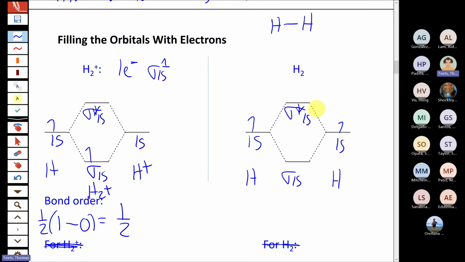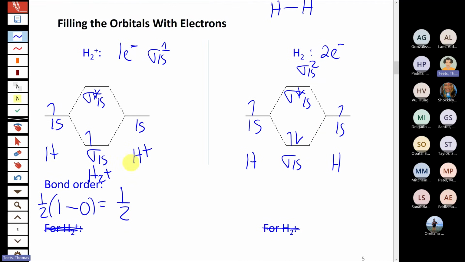So when we fill this up with electrons, now H2 has a total of 2 electrons, 2 valence electrons, one from each hydrogen atom. And then we're going to populate sigma 1s, and that can have up to 2 electrons in it. So we populate it in that way. So again, the things that we learned for atomic orbitals are still valid here. You can put up to 2 electrons into each orbital. And if you do, one has to be spin up, one has to be spin down. So all that stuff we learned for atomic configuration still applies. We get this electron configuration here, sigma 1s2 is the configuration.